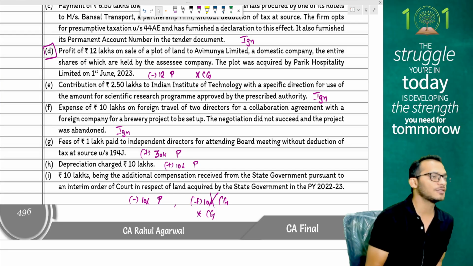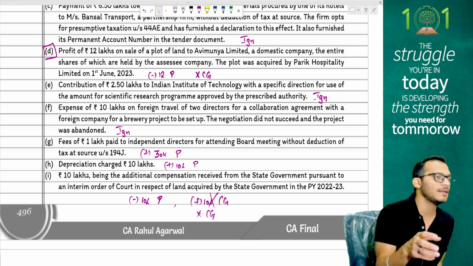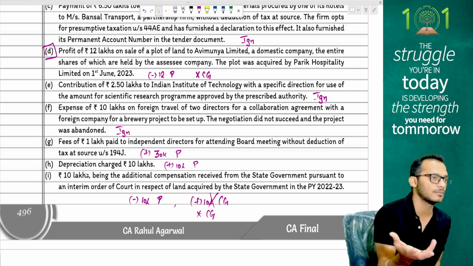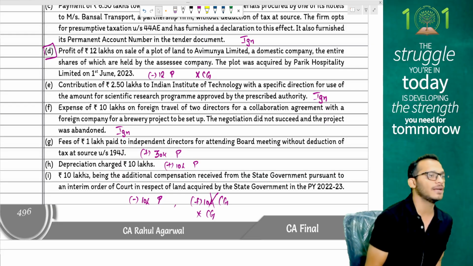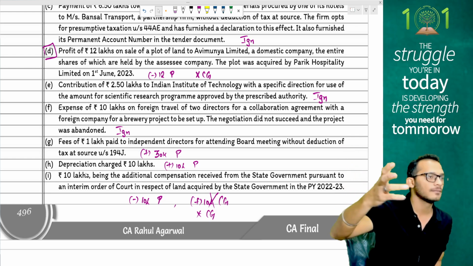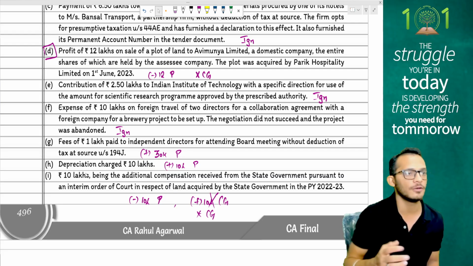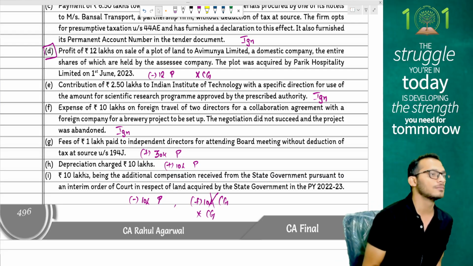See, brewery project does not mean you're starting a new business. Brewery project would mean that you have decided that you want to sell some exotic coffees in your hotels, right? For which you don't have the equipment. So you probably went and met a supplier, and you said, I want to buy exquisite coffee from you and all those things. It does not necessarily have to be a new business altogether.